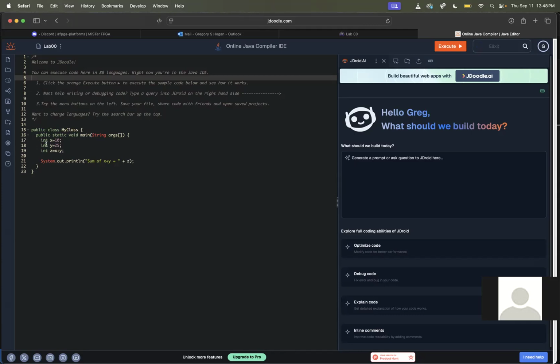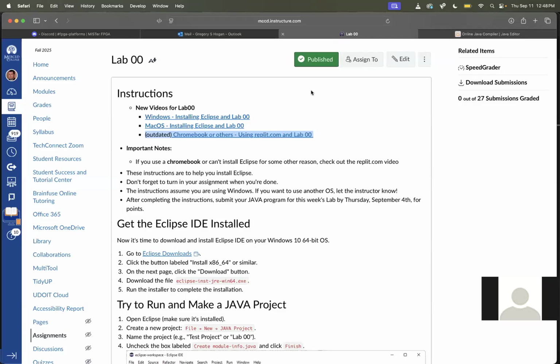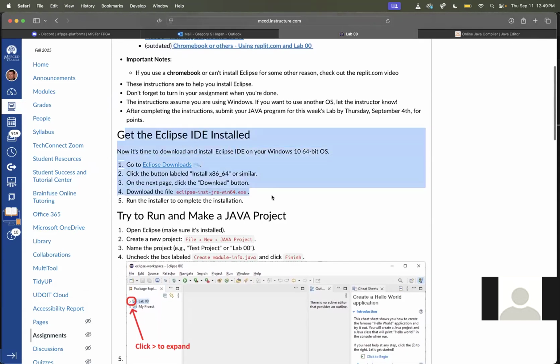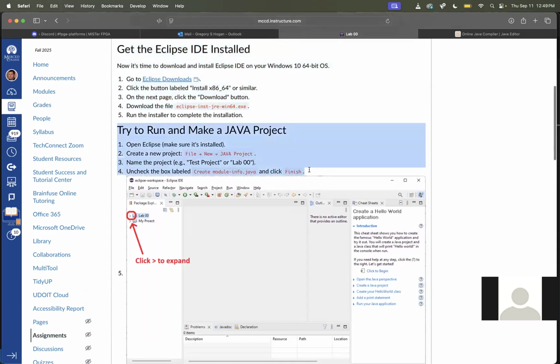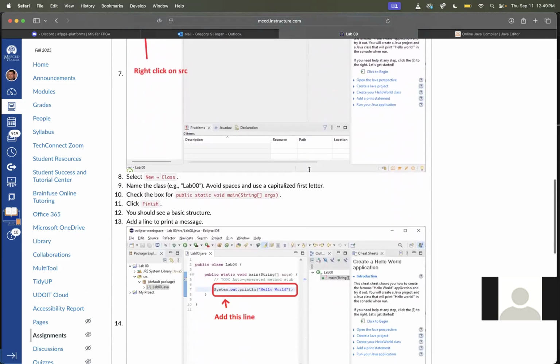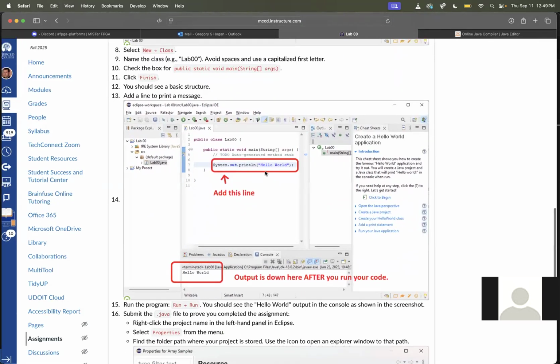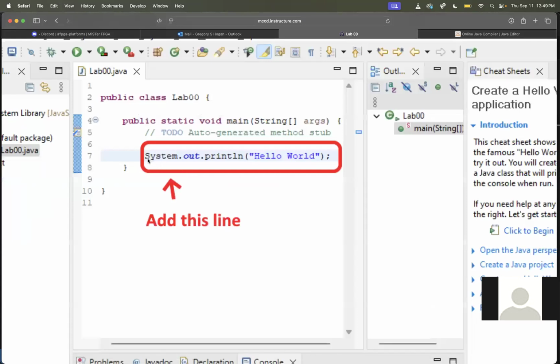Okay. Now, this is just a default project over here. It does some stuff. Actually, this stuff is pretty useful. So for Lab00, what would I do? Well, it says get the Eclipse IDE installed, try to make and run a Java project. And if we click down far enough to, looks like step 13, it says what we want in our project is this code,